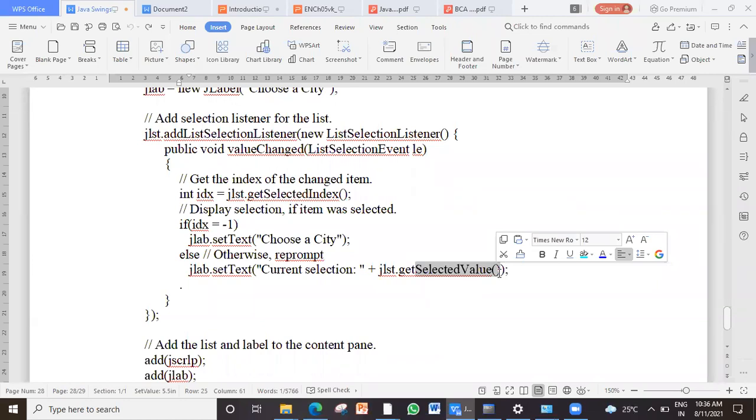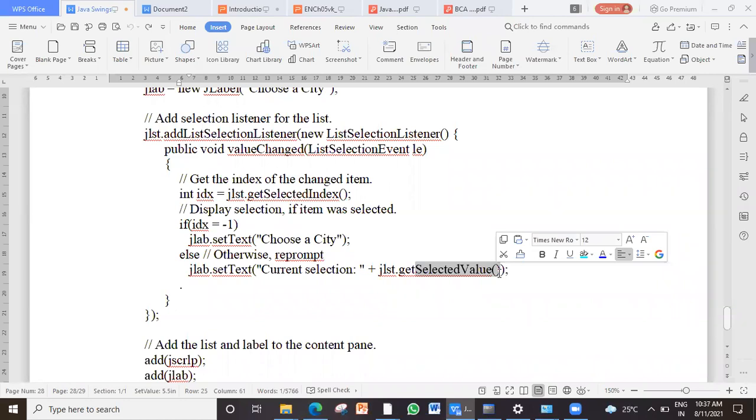If the user has not selected, better prompt the message, and only in the else part. Else part means you ensure that the user has selected something. Then only, just to avoid the error. Okay, got it? So the programs are a little complicated, but once you practice them, they will be easy. So with this, we have finished our implementation. Now, in my next class, I will introduce you to the JDBC.